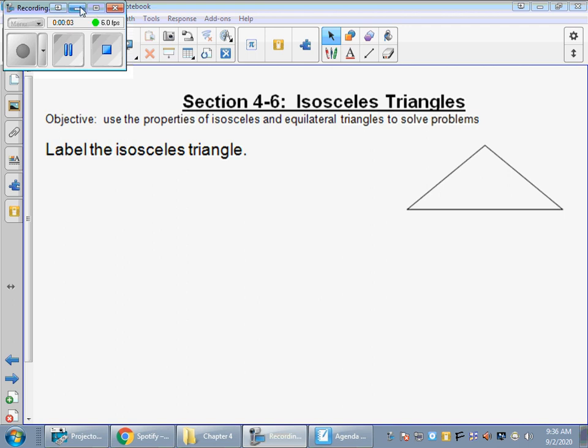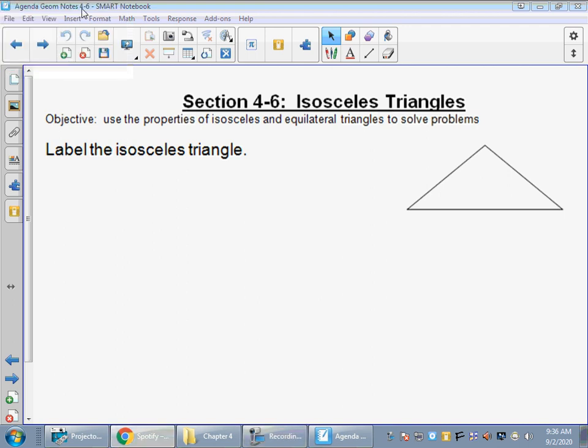Okay, geometry, welcome back. This is 4-6, isosceles triangles. Okay, last section in chapter 4 here, and we're going to use properties of isosceles triangles and equilateral triangles to solve some problems. So the first thing we're going to do is look at this isosceles triangle, and we're going